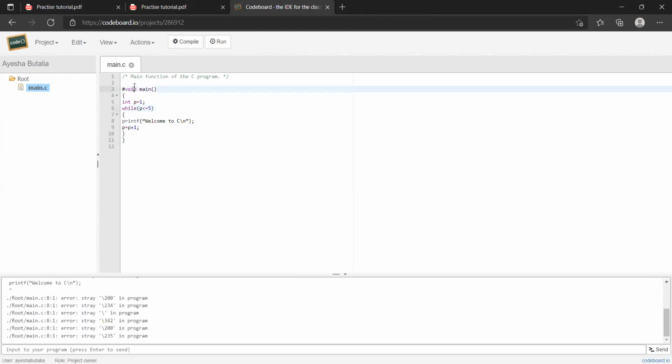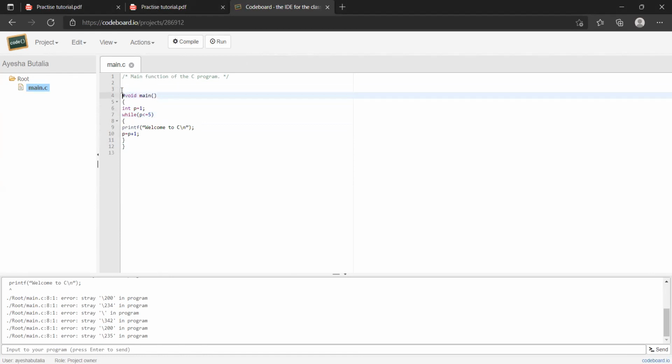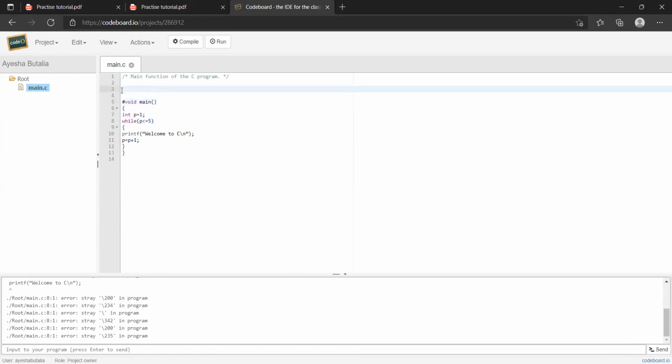Now see, we will just check whether it requires the preprocessor directive. Correct me if I'm wrong. Ma'am, hashtag sign before void. Hashtag before the void.